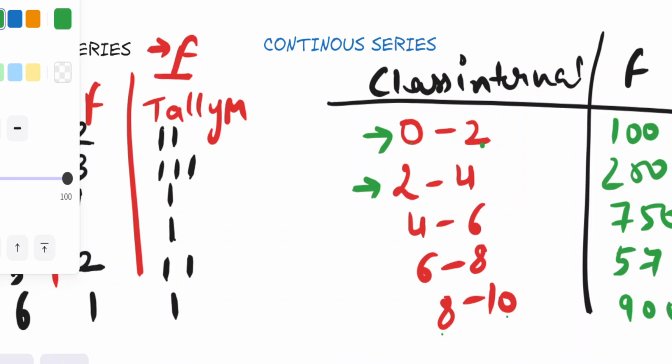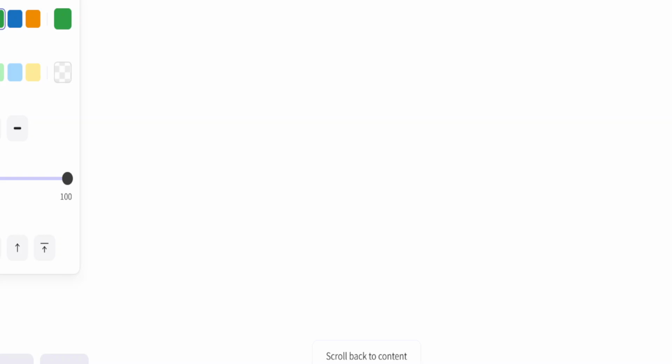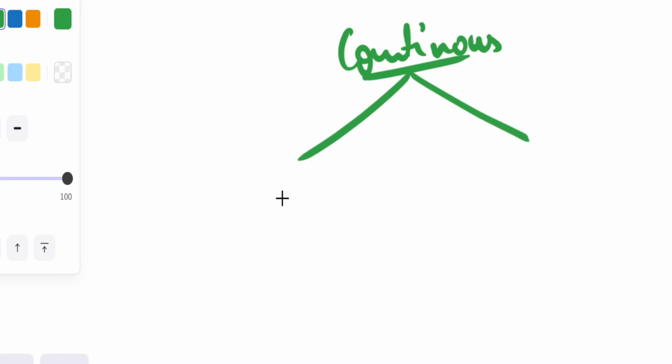right? Below 0 ones are fail, and after 10, 10 was the maximum mark, so students cannot get it, right? So this is a continuous series where we form a series into interval parts so that we can better understand, right? Now I was talking about the continuous series being of two types. There are two types of continuous series. One is inclusive and one is exclusive,